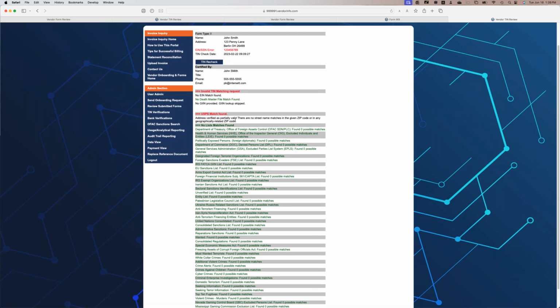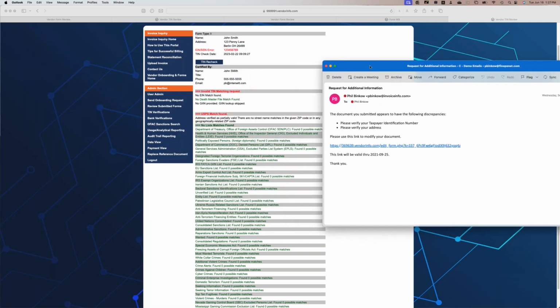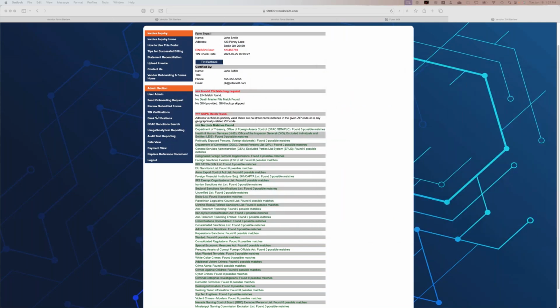You can right from the system link an email back to the supplier and say, hey, please re-verify your TIN and your address. Your form seems to have the following discrepancies. And then they can click on the link, and the link brings them right back to the same form that allows them to redo the information that looks like it was a problem.